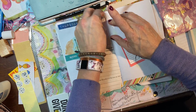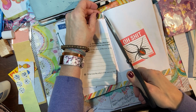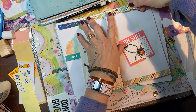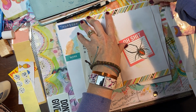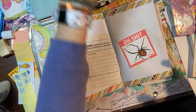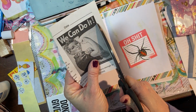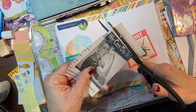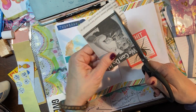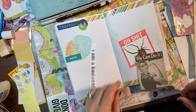So, oh, that's going to make it even worse, Allison. All right. And then like this, do we save it? Do we not? All right. I don't know where this came from. It literally popped out at me yesterday when I was looking through my images. I was like, yes. And I might put, instead of like,